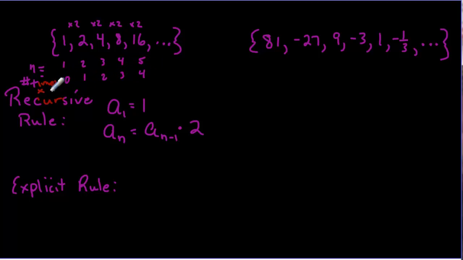So the number of times we've multiplied is 1 less than n. So our explicit rule is going to be the starting number, which is 1, times 2 raised to the n minus 1. Remember, exponential, raising a base to a power is equivalent to repeatedly multiplying by that number of 2's. Okay, over here,